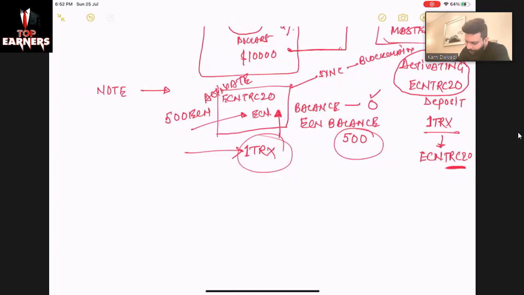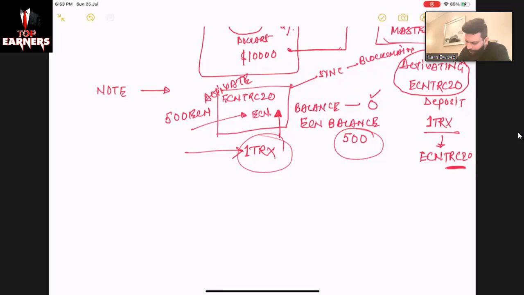If somebody is telling you that they are unable to see the ECN balance they have deposited, you just ask two questions. Did you activate your wallet? Did you transfer one Tron? No, I did not. Okay, transfer one Tron and you will see your balance in 3-4 minutes. Refresh your page, you will see it. Okay, this is more important. So we got both things covered. It is better to activate it first and then send the ECN, but vice versa is also fine. If you have sent the ECN first and are unable to see it, you can send the Tron later on.